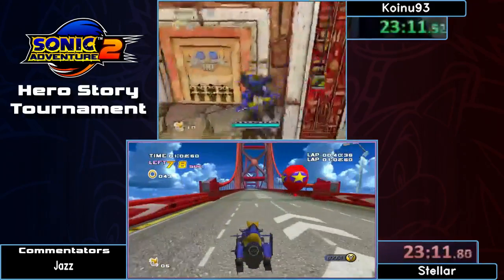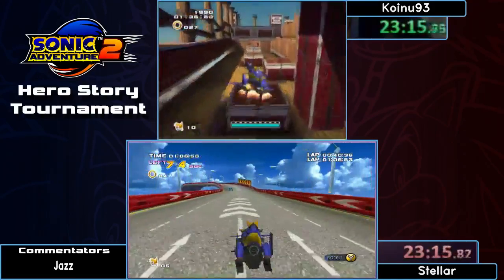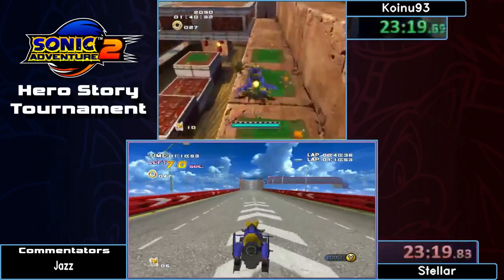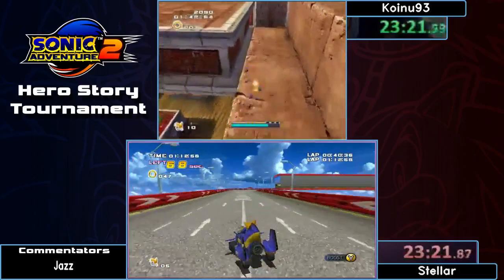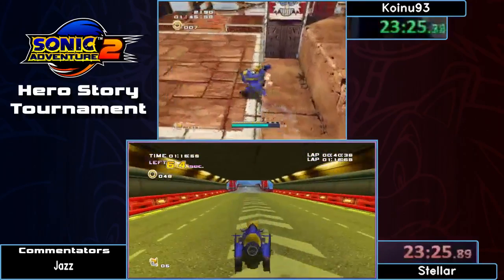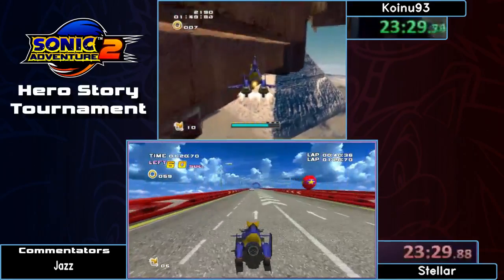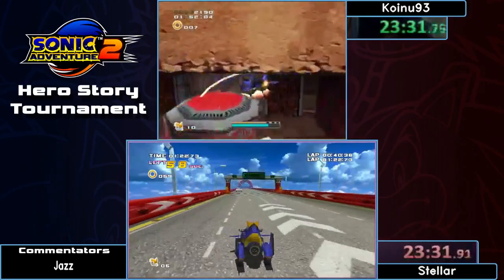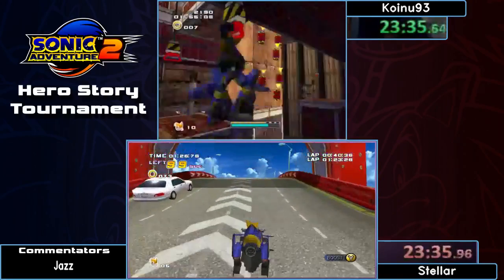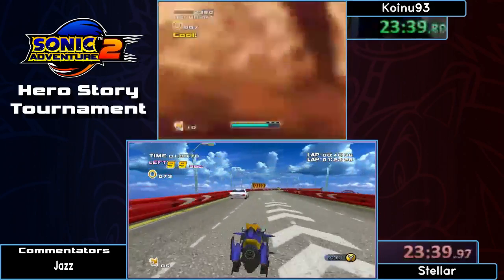Yeah, Koinu is in the stage after the stage Stellar's in. She has a very large lead right now. I'd say her lead is at least 2 minutes, and she'll probably keep that for the rest of the run. She is the more experienced runner. Stellar is still fairly new, fairly inexperienced at the game, so...